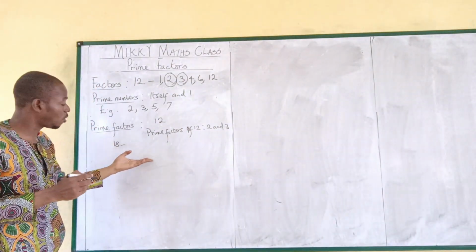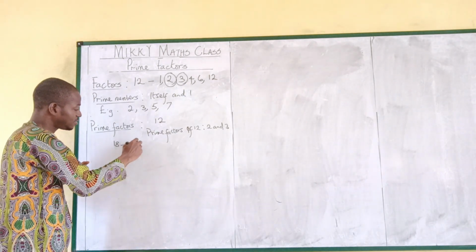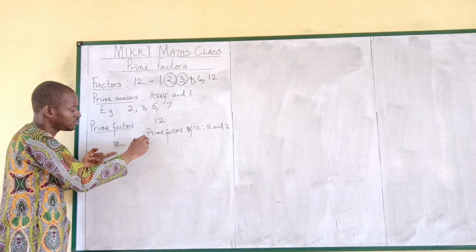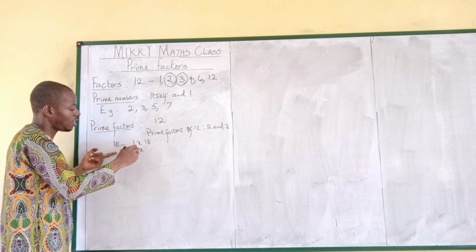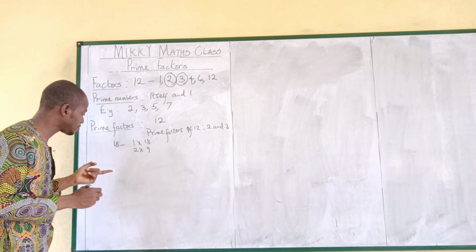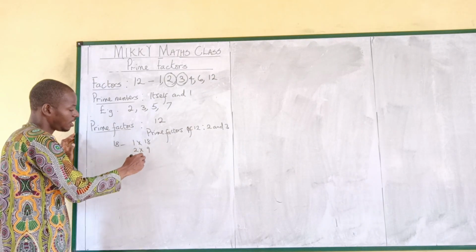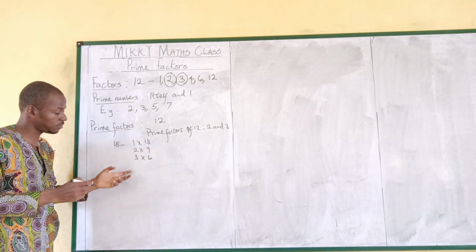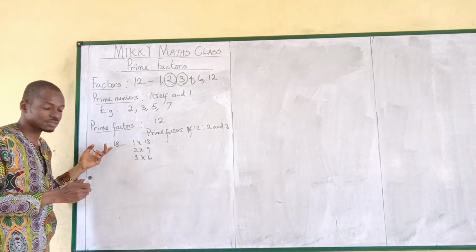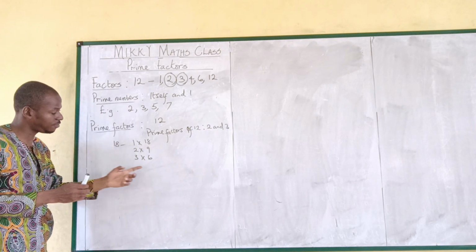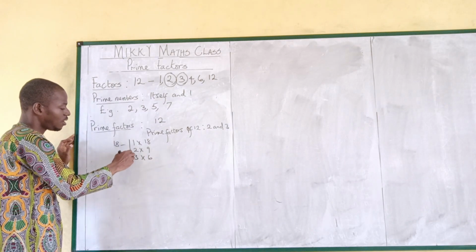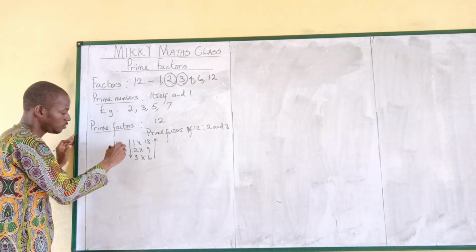The factors of 18, let's list it out. For 18, you have 1 times 18. You have 2 times 9. Can 3 times anything go? Yes. 3 times 6 will give me 18. 4 times anything give me 18? No. 5? No. So I read it downwards, upwards. So the factors of